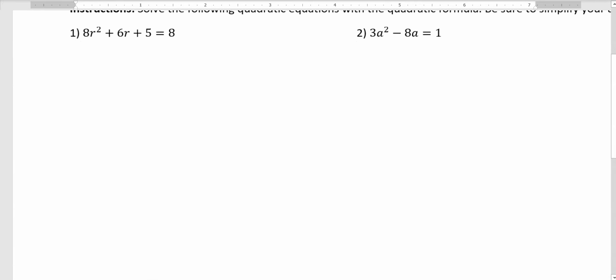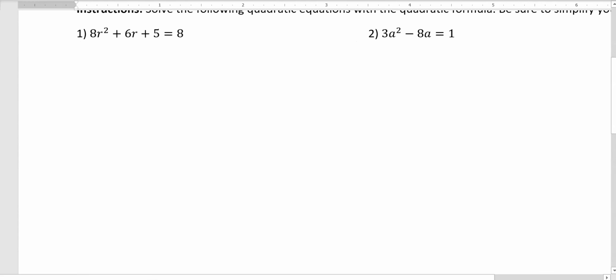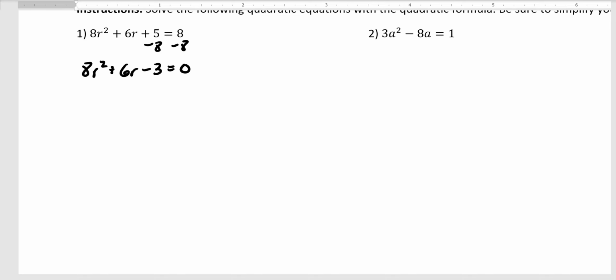Looking at number 1, 8r squared plus 6r plus 5 equals 8. Got to start by subtracting 8 to get this set equal to 0. So we'll have 8r squared plus 6r minus 3, right? 5 minus 8 would be minus 3, equals 0. So this tells me that my A is 8, my B is 6, my C is negative 3, which means